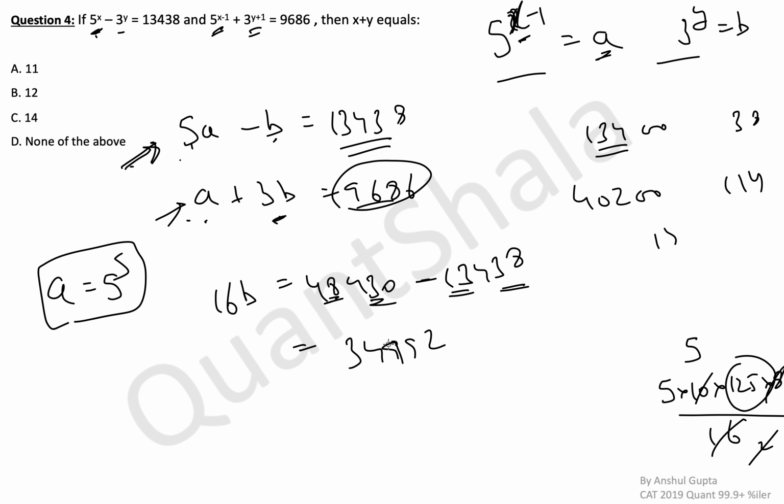Don't worry if you're not understanding the way I'm doing the fast calculation. If you're understanding, that's great. If you are not, it's fine, whichever way you want to do it, just try to make this calculation faster. So 34992 divided by 16 is what B becomes. So you get 2187 here. So B is 2187, which is also 3 raised to power 7.